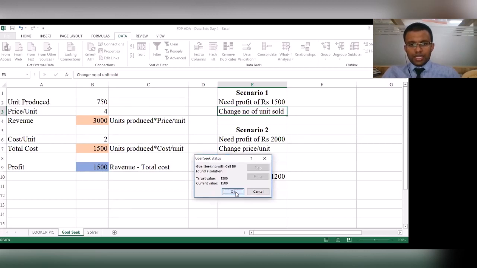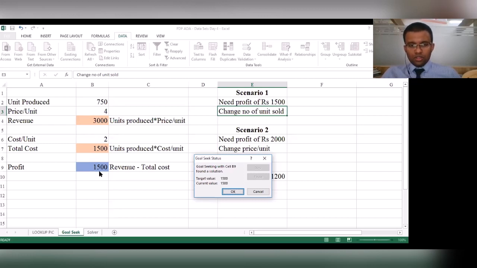If you notice, Excel has automatically changed my values. Excel is telling me that if I change my number of units from 500 to 750, then I will get 1500 as my desired value.